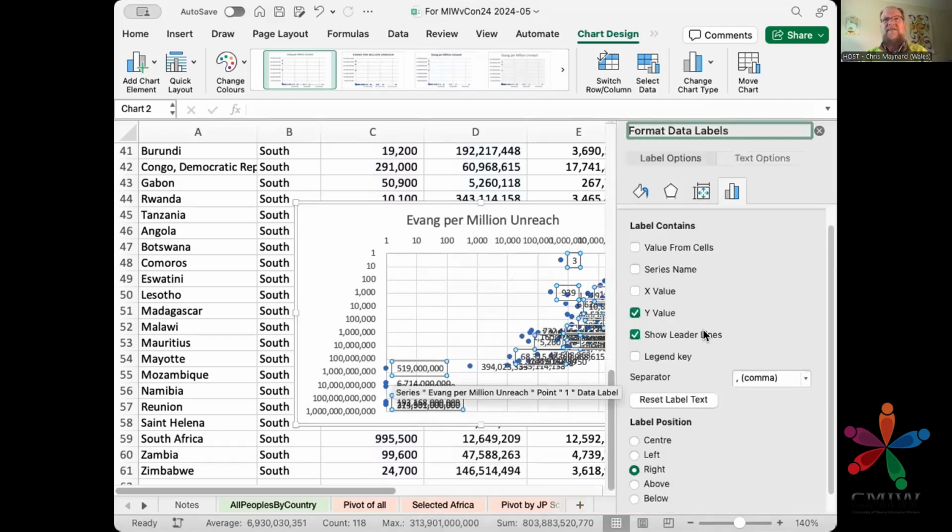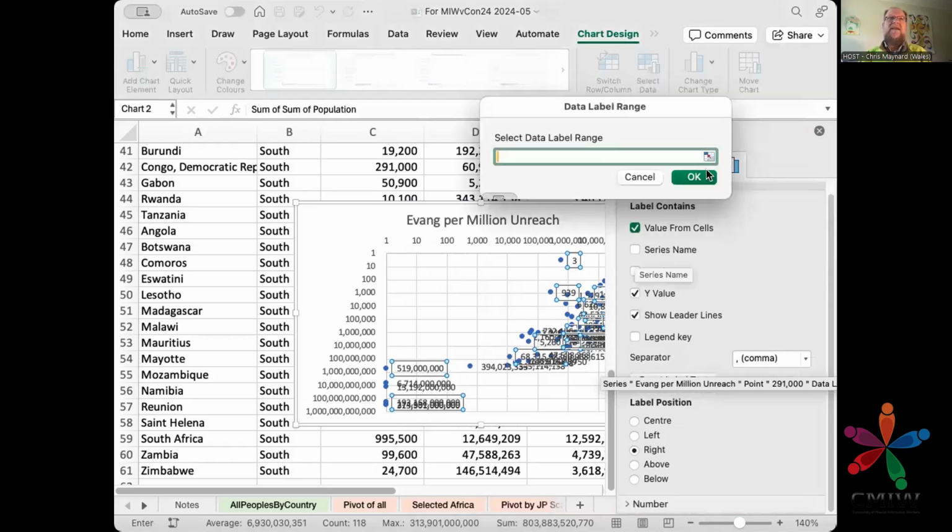And this is a trick. So it says now the label contains the Y value, and it's showing leader lines, which we won't worry about for now. What we really want is to get some values from cells in Excel. So we're going to tick on that. And then when we go,